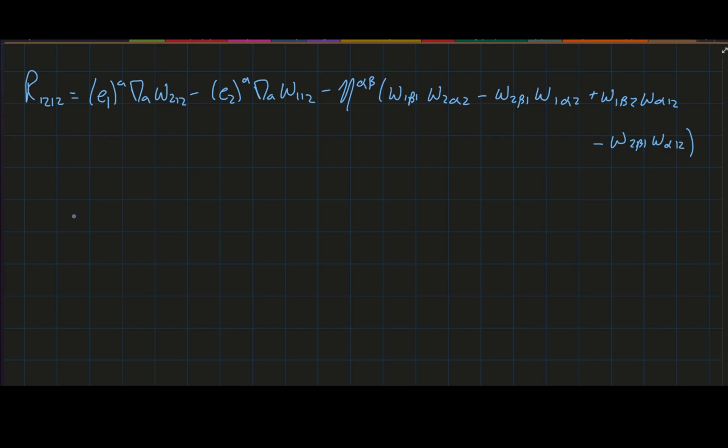So this is going to be equal to E1A 212 minus E2 A nabla A W112 minus, okay, so we're going to pass the eta through here, and so we're going to start with an eta 1 1 omega 1, 1, 1, omega 2, 1, 2,